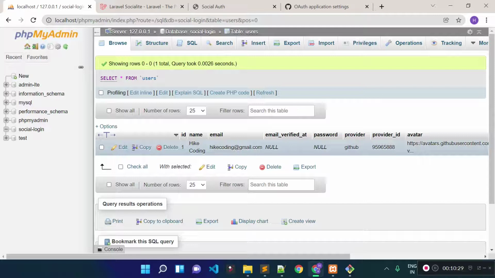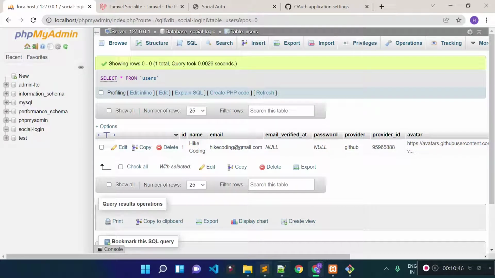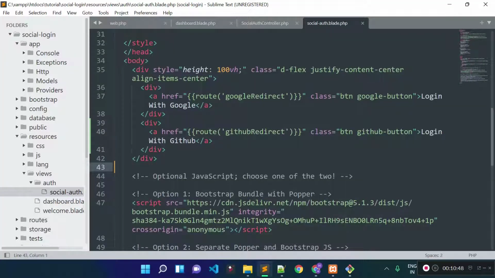Suppose a user is using same email for GitHub and Gmail, then we cannot insert two records inside our database. We are just updating the provider name. Every time the user will log in to the system, we are just updating user's provider name and provider ID here. Okay, so I think you understood how we can implement GitHub login in Laravel.